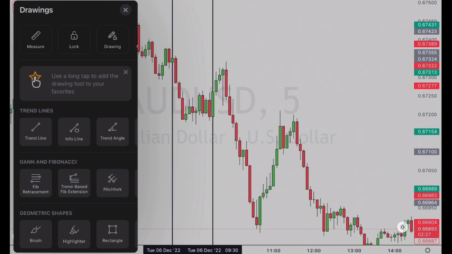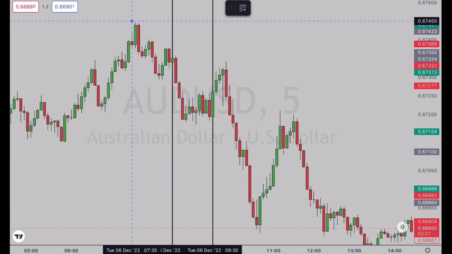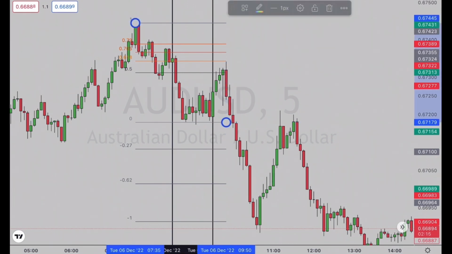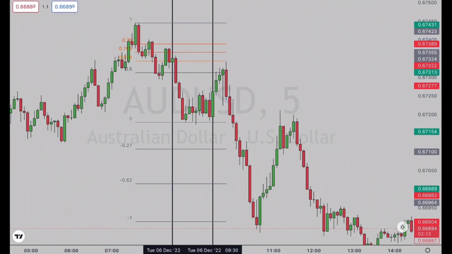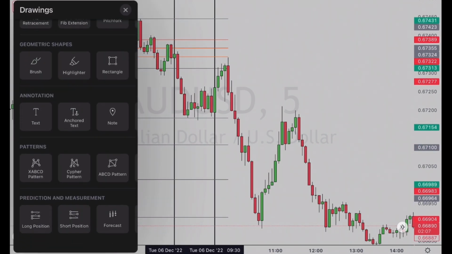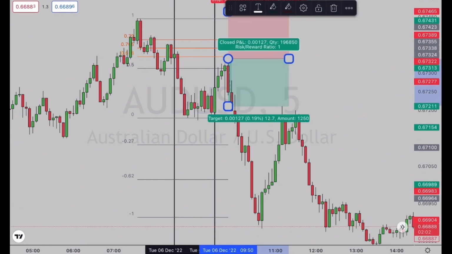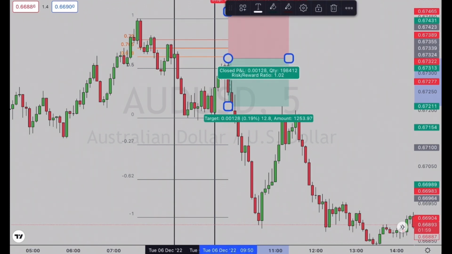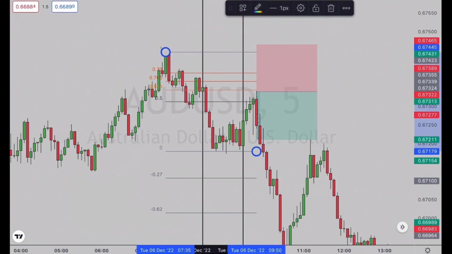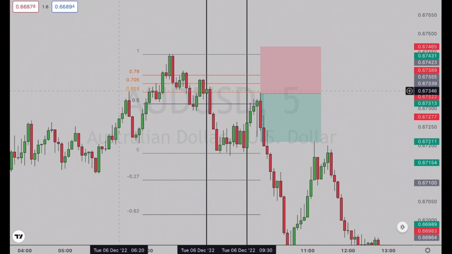So what setup am I talking about that has happened at 9:30? Well, if you guys watched my other videos, you might have seen this already, an optimal trade entry, and you can see that it is also working out pretty great here too. So what is optimal trade entry? You see these levels, these numbers here, right?